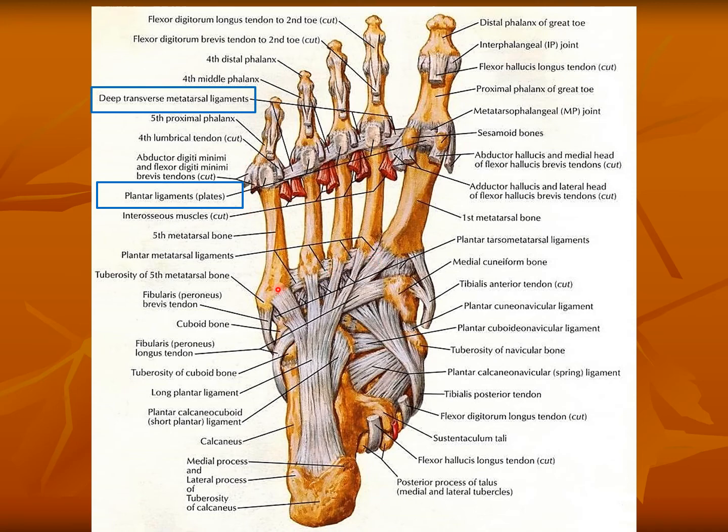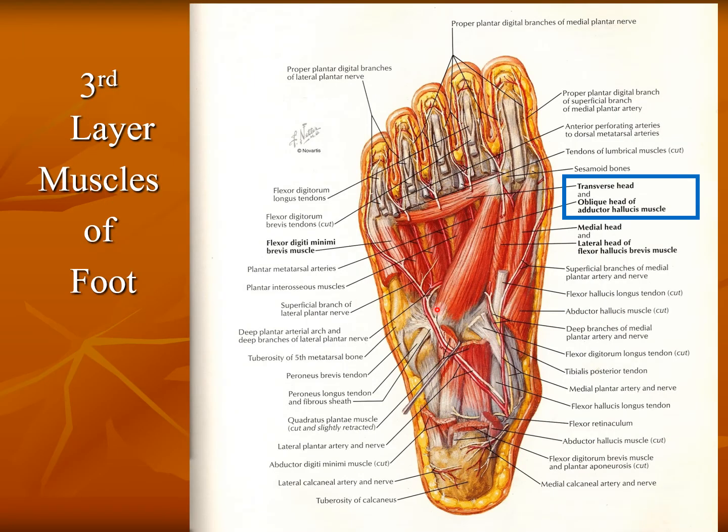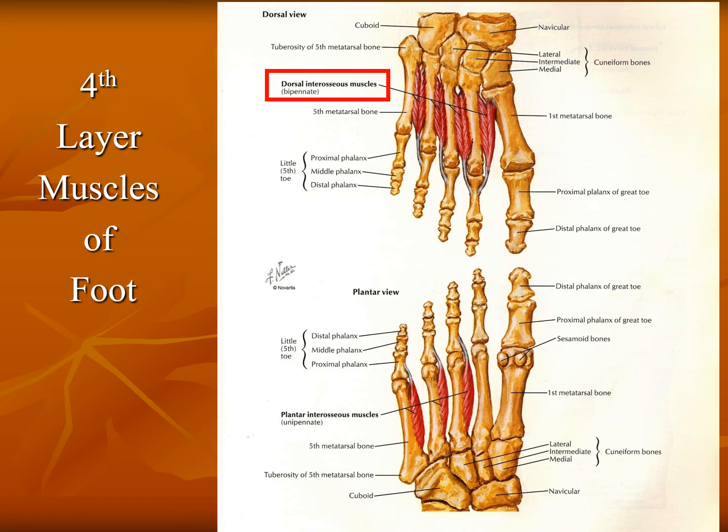These small ligaments, along with the muscles present here as interosseous muscles, help in maintaining the arch. Here we can also see muscles such as adductor hallucis and the deeper muscles that help in maintaining this arch. Dorsal interosseous as well as plantar, mainly the plantar interosseous, are involved in keeping the bones in their position and acting as a tie-beam.